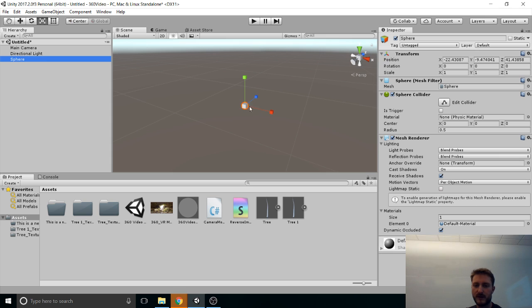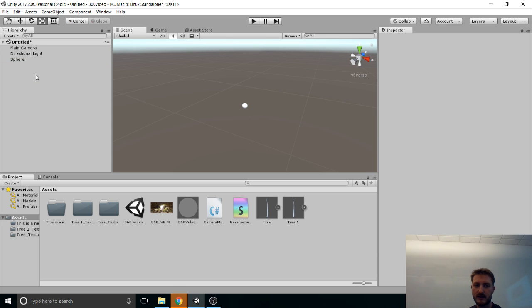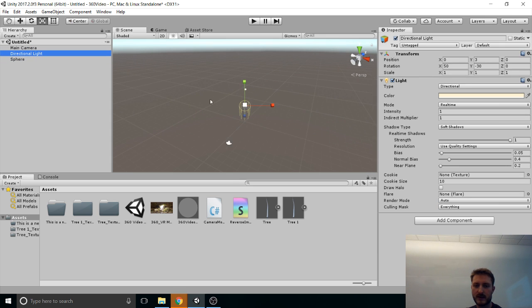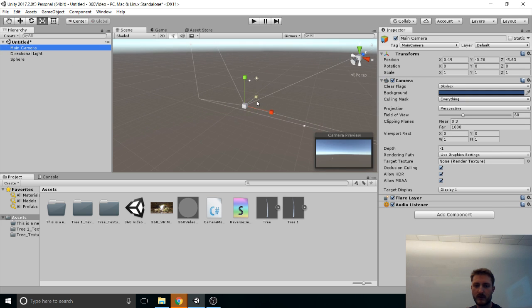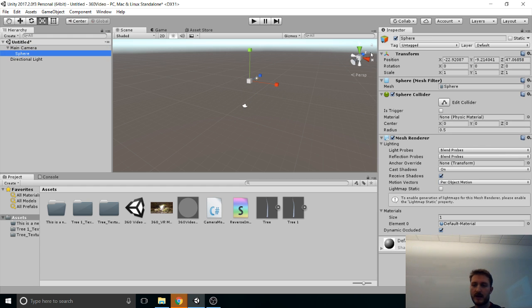Right now the sphere that I just put in the scene, which is tiny, is nowhere near my camera. My camera is way over here, my sphere is over here. I want to make sure they're on top of each other, because that way my sphere is around my head, which is my camera, and I can expand my sphere so that I can look at the interior of it. To do that, I just drag my sphere onto my main camera, and you'll see these position values up here are relative to that parent. If I zero them out,